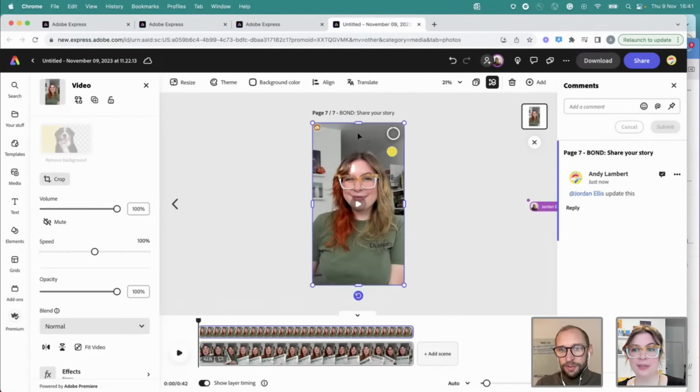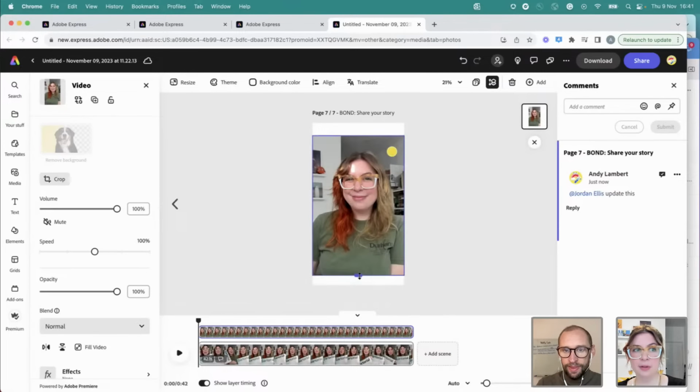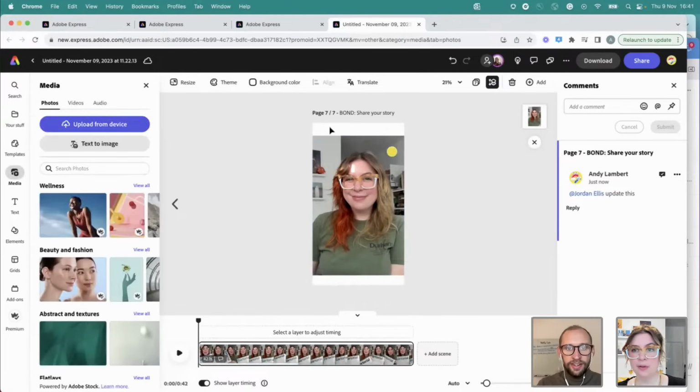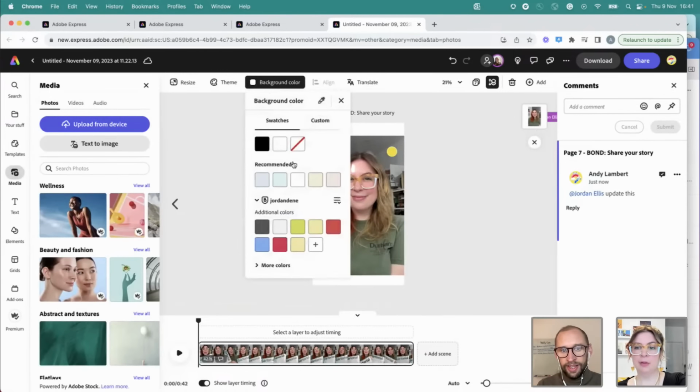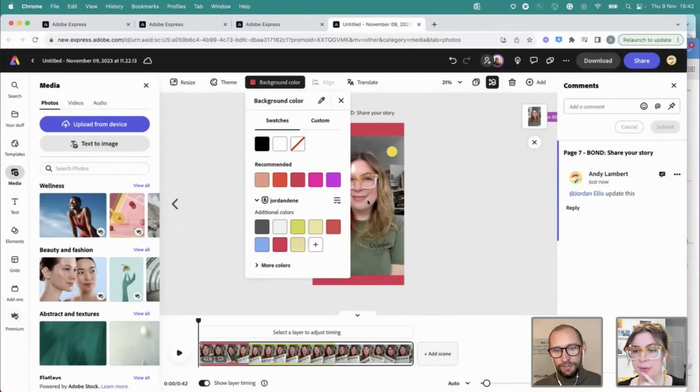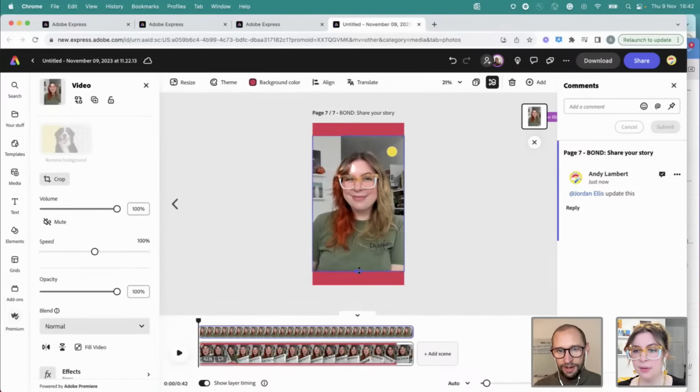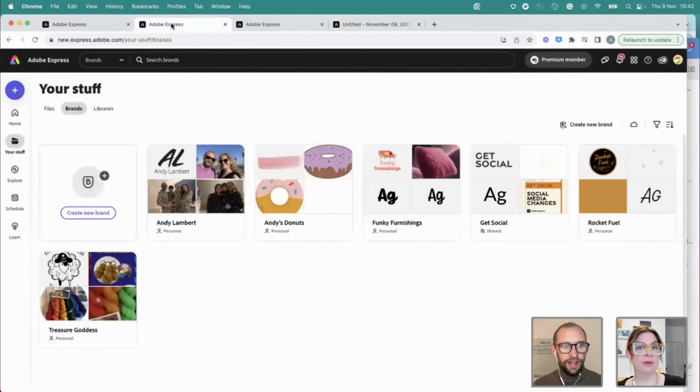And we can do similar things as well. So maybe we want to chop the top and bottom of it if we wanted to do that. And we could change the background color. Again, we've got Jordan's brand colors. So life is made so easy here. Maybe a bit of red just to mix it up a little bit. Again, bring this up. And there's one thing I haven't done because we were bringing this in straight away into this project, and something I really should call out. So I'm going to flick onto a new tab really quickly